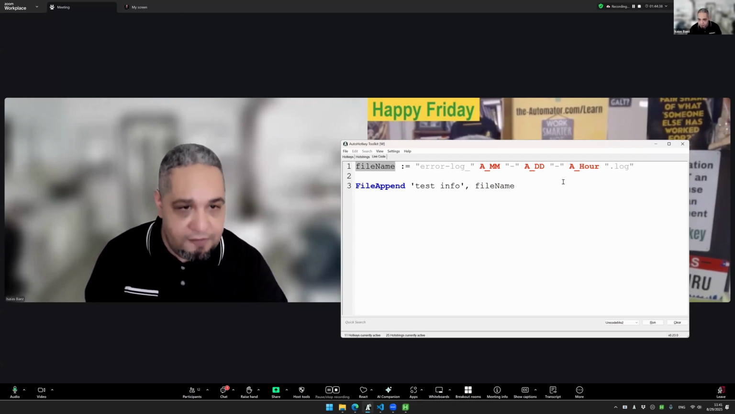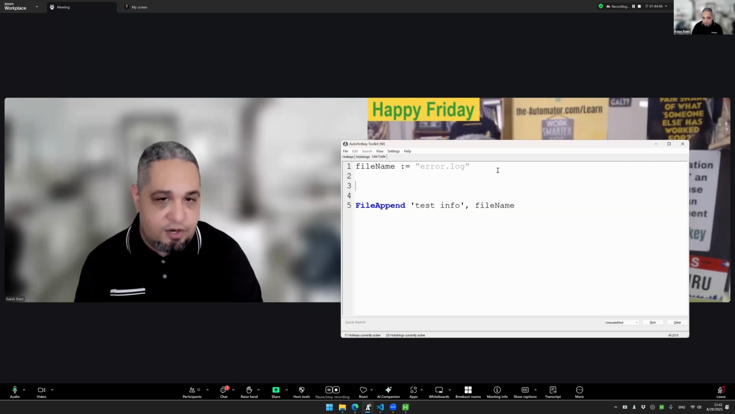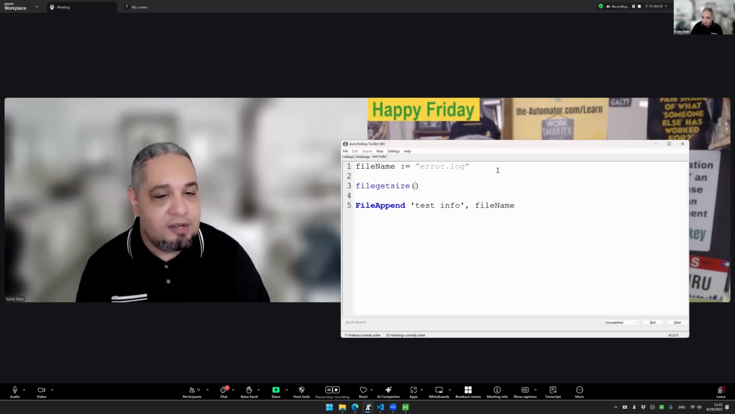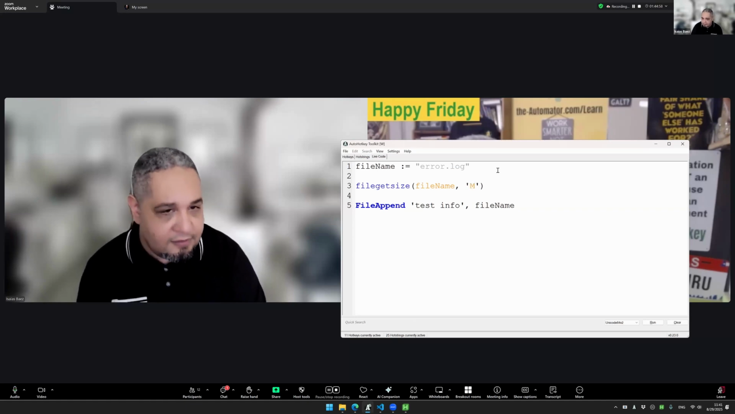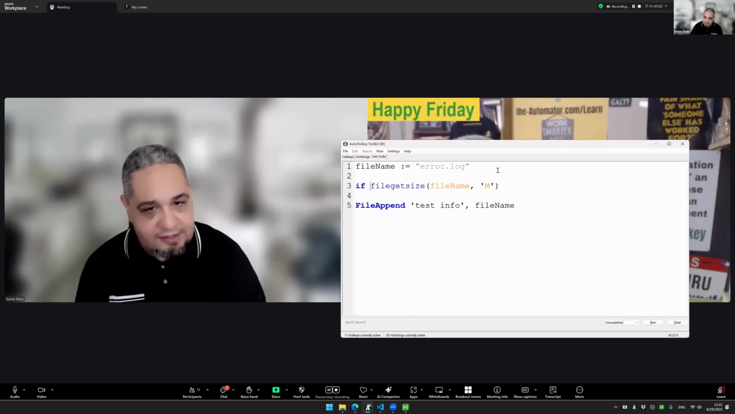Then at the beginning of your script, you might want to start with your whatever name is, and then you check for file get size, which is a function that we can use, and then you pass the file name and you tell it how you want the sizes, probably megabytes, right? Something like that. And then if that size is more than